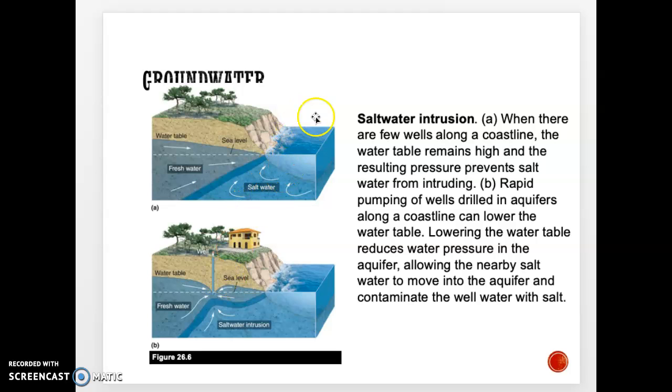So here's the ocean on this side for saltwater intrusion. You have fresh water that would be found underneath the surface of the continental land, okay? But if we extract fresh water quickly and frequently out of this freshwater zone, you can see how the salt water will push its way inland. And so that can be unhealthy, especially if these people are watering or irrigating agricultural land meant for plant